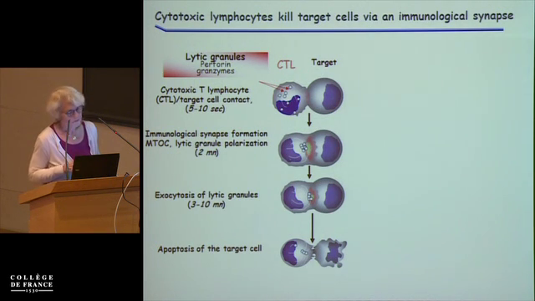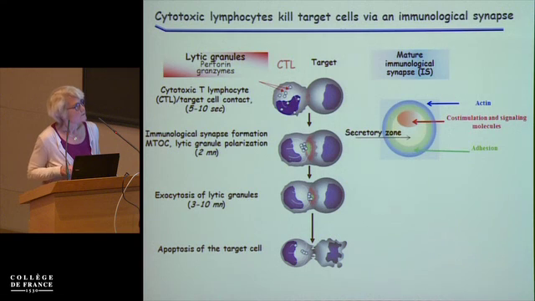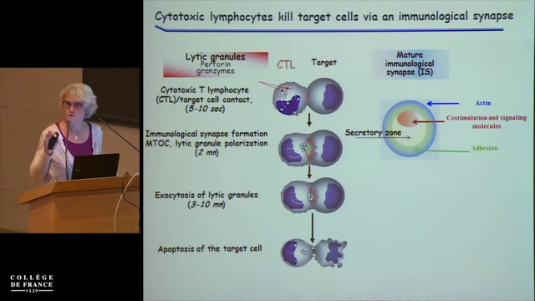And at the cell-cell contact, they rapidly form what's called an immunological synapse, which localizes in the periphery a ring of actin and adhesion molecules, whereas in the center localize signaling molecules and molecules which will recognize the antigens of the target cells. And this is adjacent to what is called a secretory zone, where the granules will be transported and